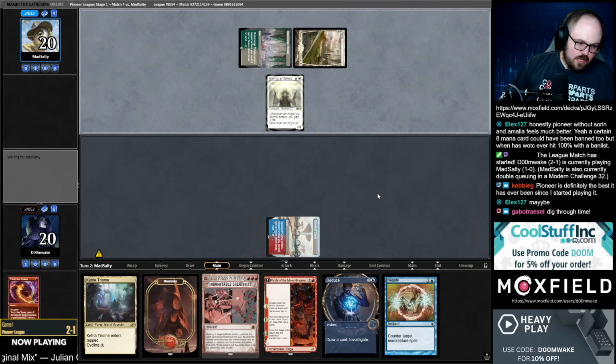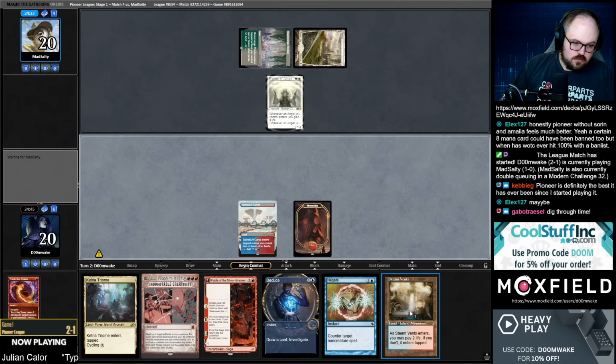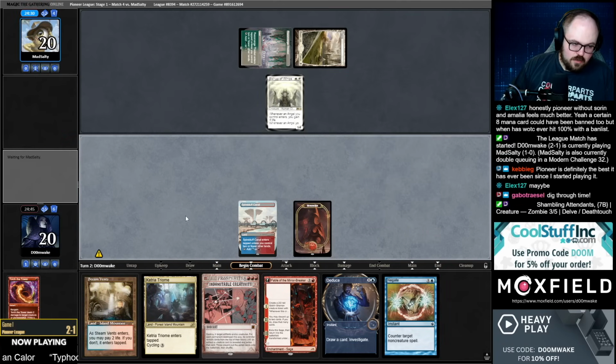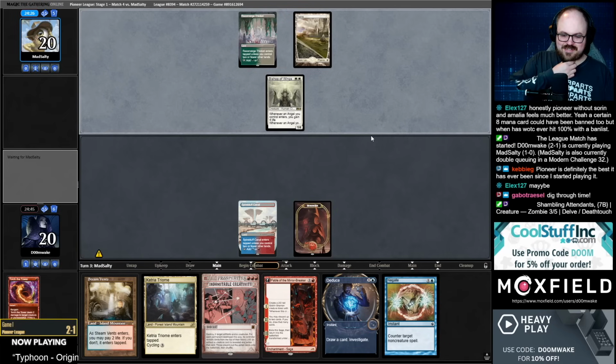I wonder how good or bad this matchup is. Okay, now that I've drawn that, I don't mind just doing this. And I probably just end up discarding Triumph to the Fable. Shambling Attendance. What about...